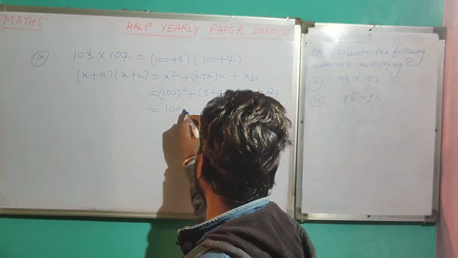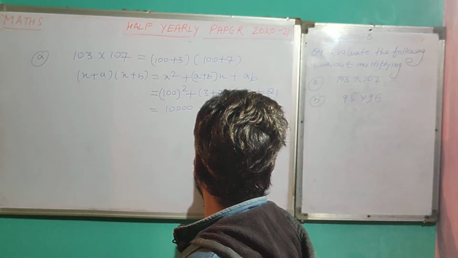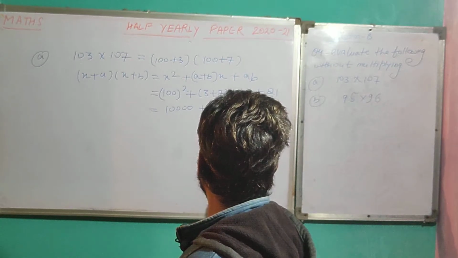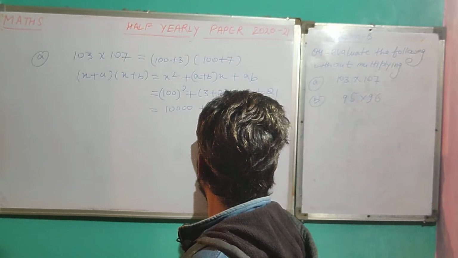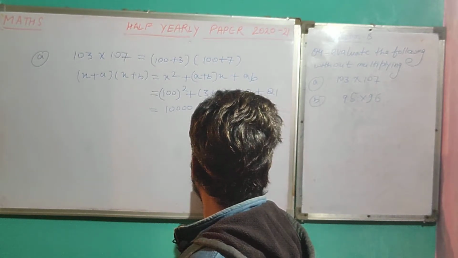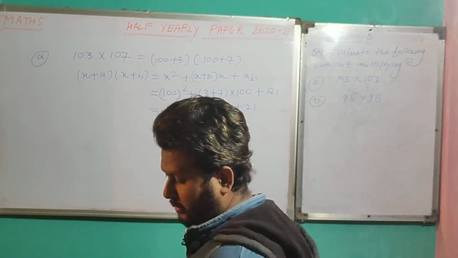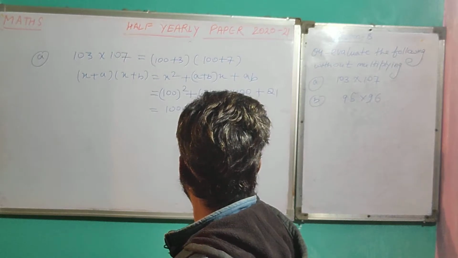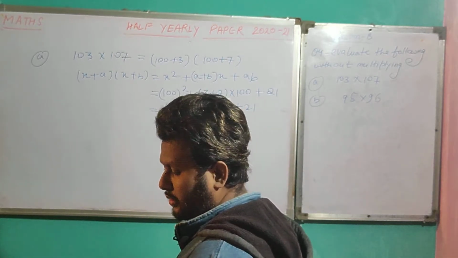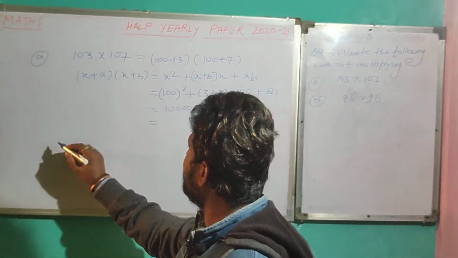This is 10,000. This is 1,000, and this is 21. We will get 11,021. Okay, now next question. B